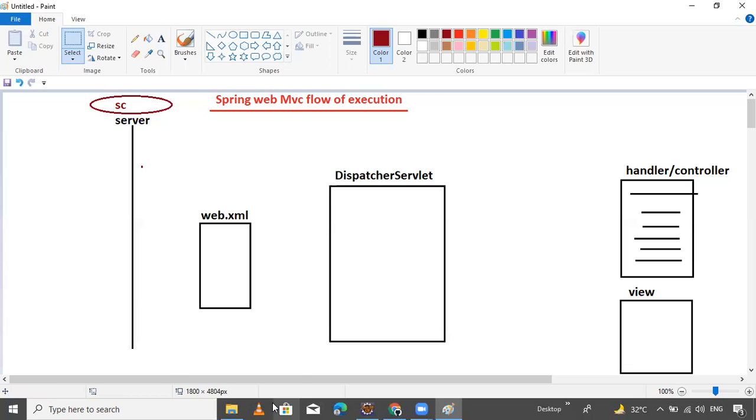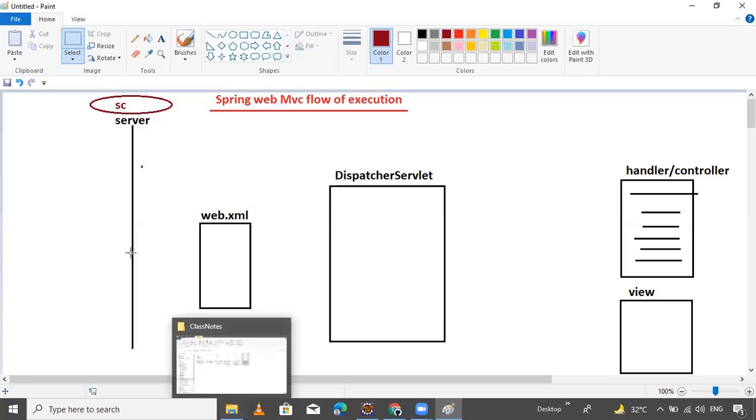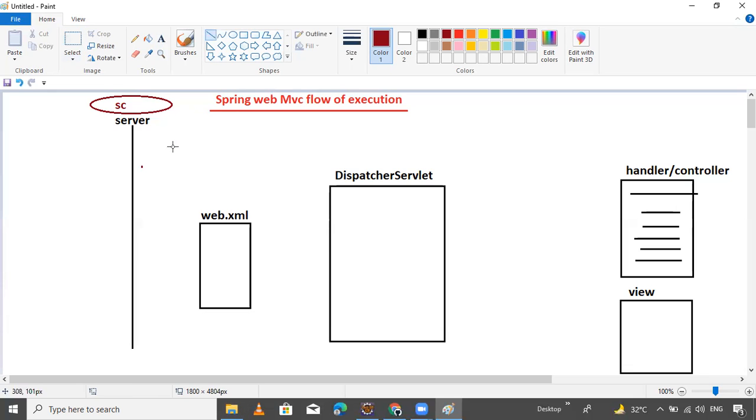It will recognize the web.xml file inside the WEB-INF folder, guys, the WEB-INF folder.